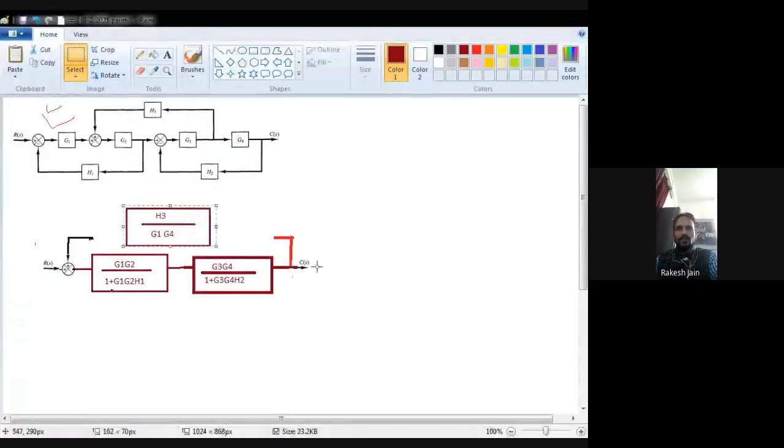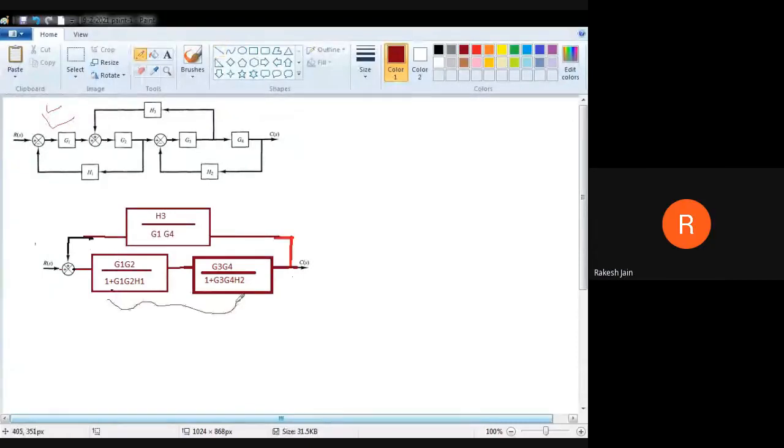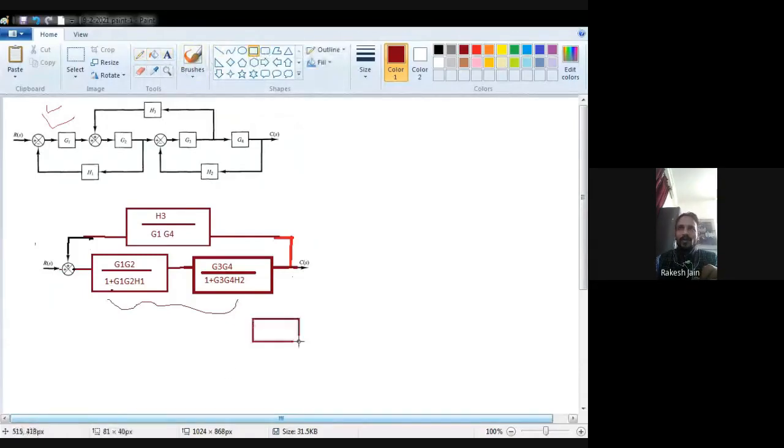Before removing, I once again repeat, this is a feedback structure in which forward gain is G1 G2 and feedback gain is H1, and we know that whenever this kind of structure comes, we can remove that feedback loop via a single block in which we use the formula as a solution of that feedback loop, forward gain divided by 1 plus or minus forward gain into feedback gain, where the sign depends on which sign this feedback comes with. So it comes with the negative sign, that's why G1 G2 divided by 1 plus G1 G2 multiplied by H1. So we just remove this total, and instead of it we use this block.